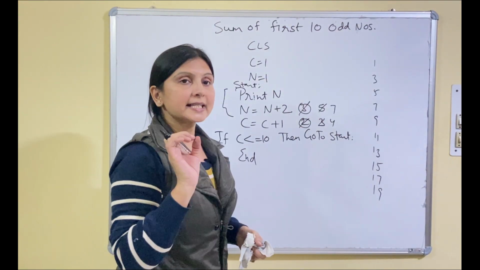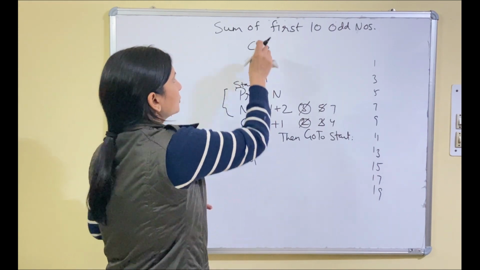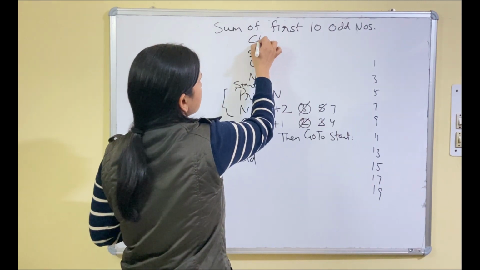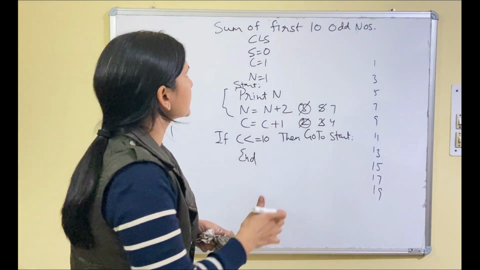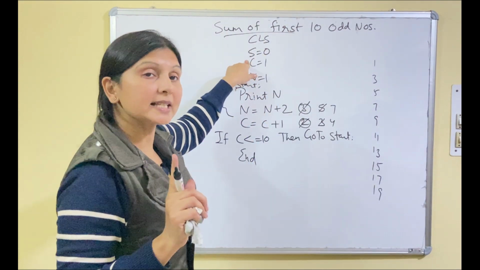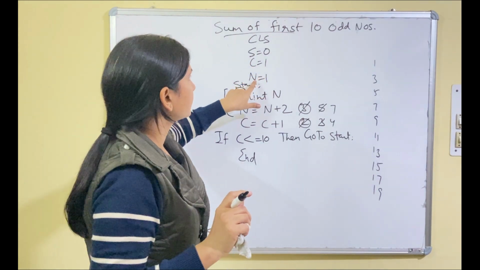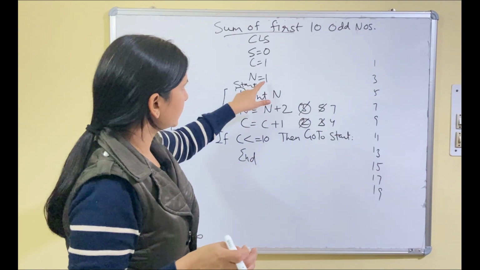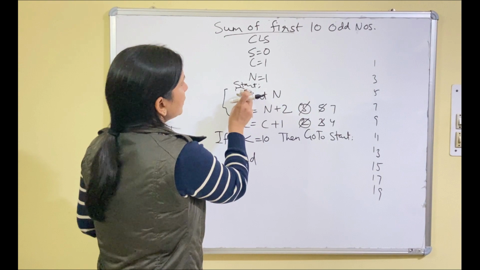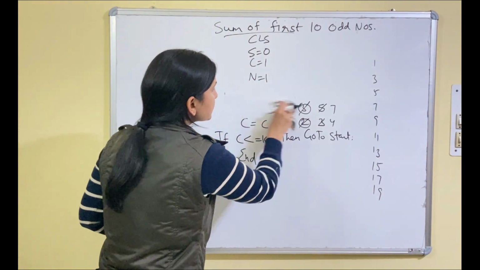Fine. So let's see what changes shall we do. First, if it is sum, I need an accumulator variable, and we take accumulator variable as s. So I am taking one more variable, s equals to 0. Above that I have written CLS. So s is an accumulator variable, c counter variable, n is a simple variable in which we have assigned the numbers which we are going to add. Now we will not display n.